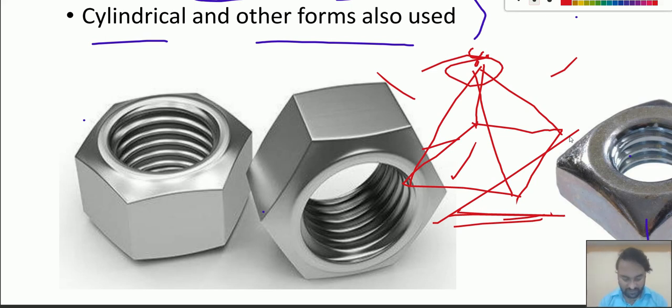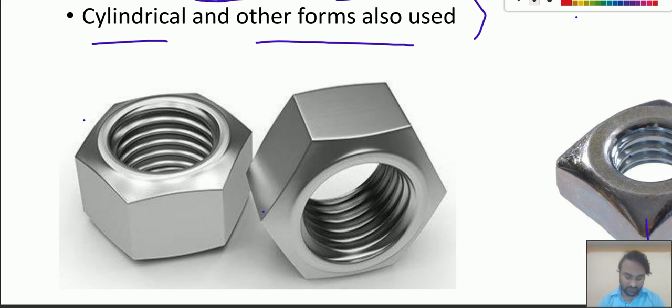Okay, so here we are going to use the prism property. So we will have hexagonal and square, not pyramid, square prism. So for hexagon, why don't we use other types of shape? Actually, in certain applications we use an octagonal prism shape for the nut, and in many cases we use cylindrical nuts. As per our requirements we have developed the nut types, but in general applications the hexagonal shaped nut is used.